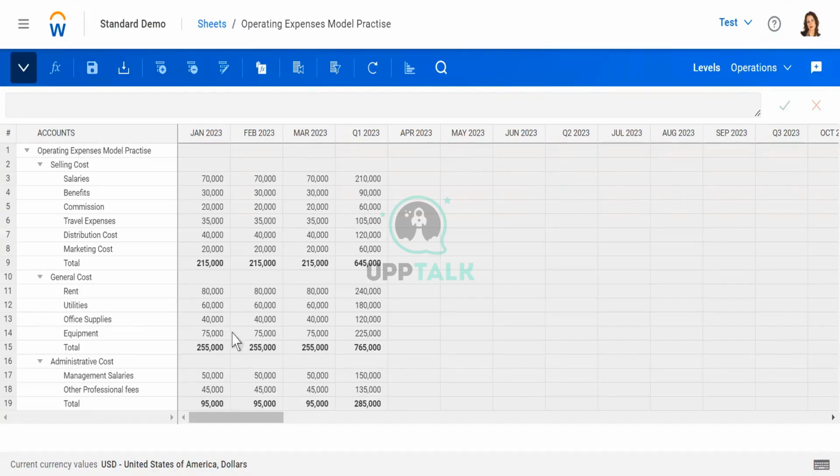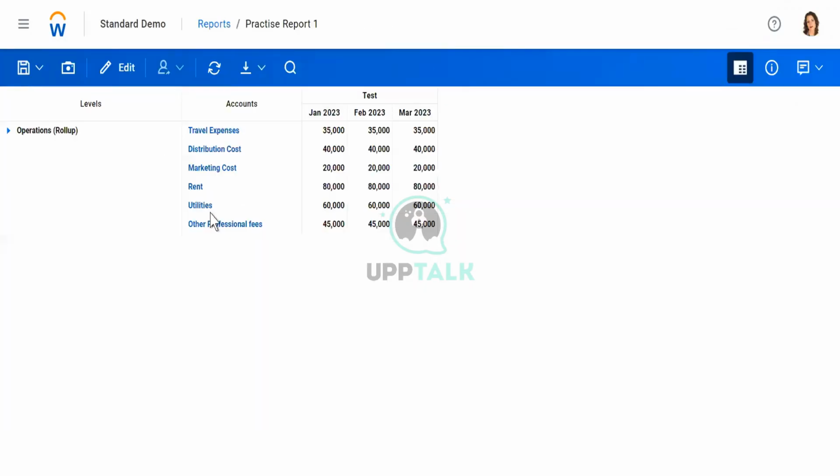They can get a top view basically for all the accounts. But if you want to restrict the users to see only some accounts,